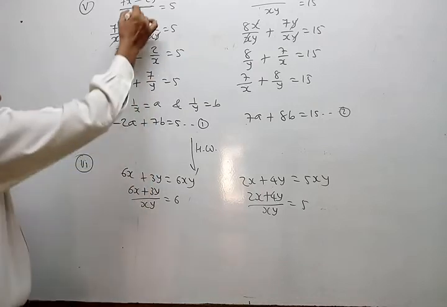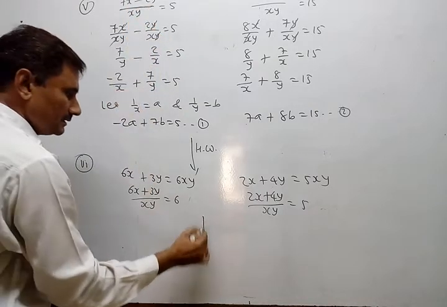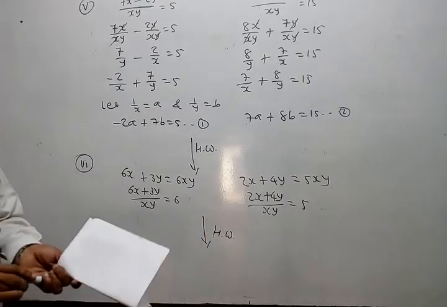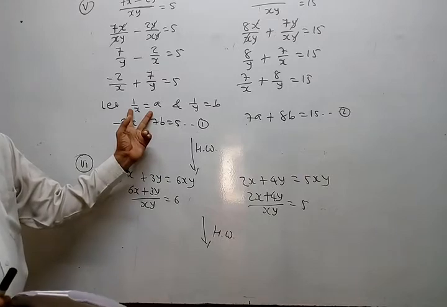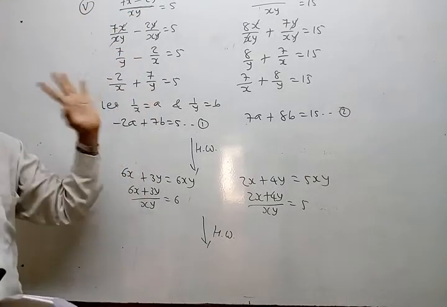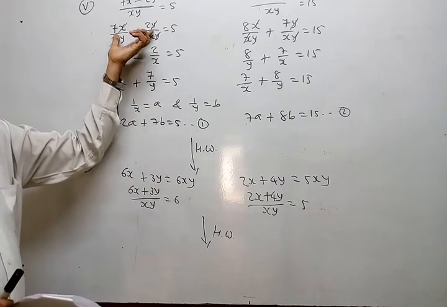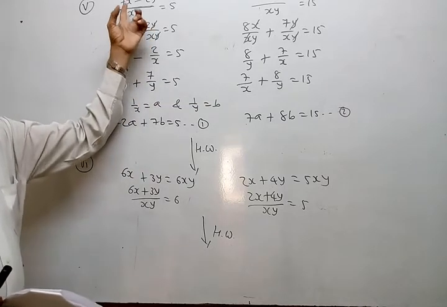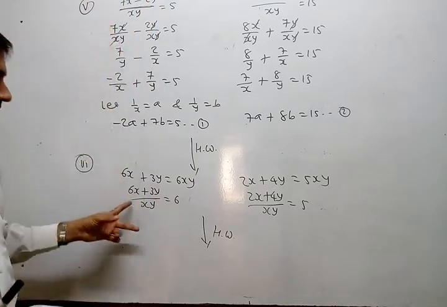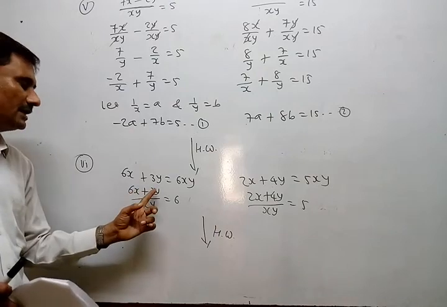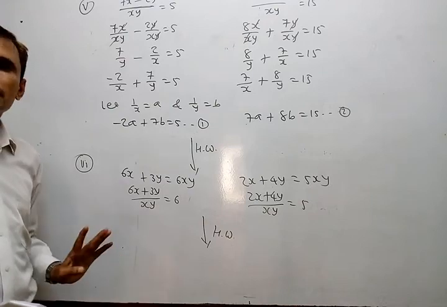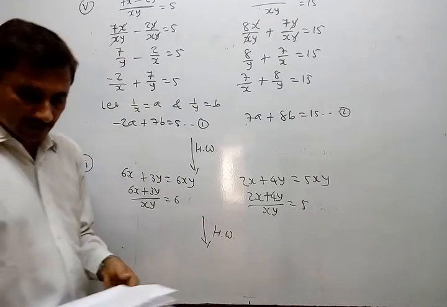So start in this way. You understand? Simplify and then suppose this way. The xy is removed because xy should not be there; either only x or only y should be there. So both terms are divided individually by xy and it is shifted here. Just like question number 5, we have to divide 6x by xy and 3y also by xy, and here also solve number 6 in the same way. So two sums are for practice.